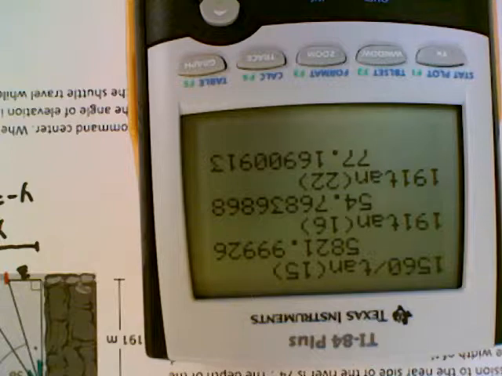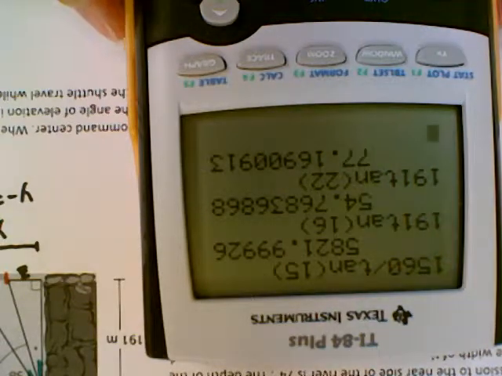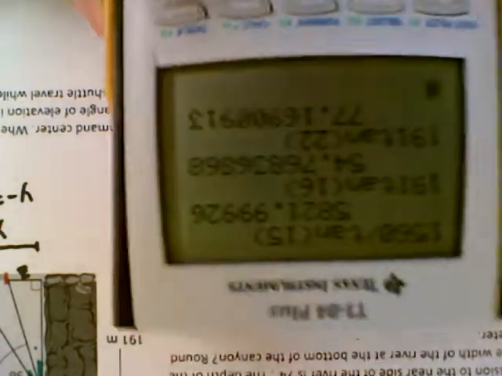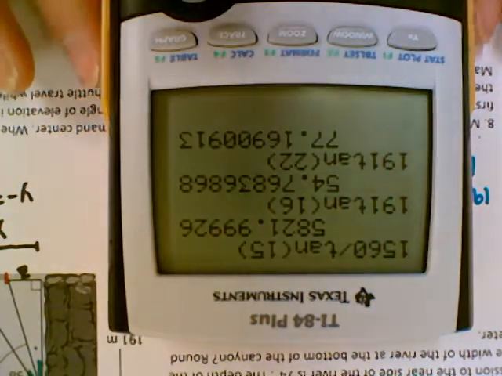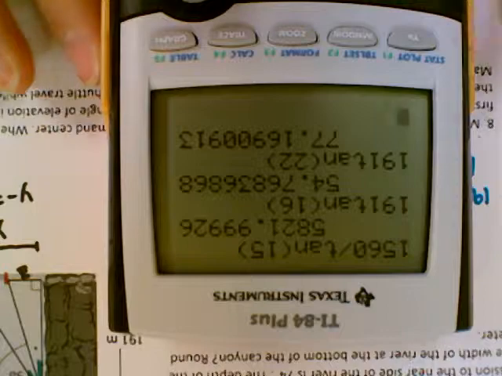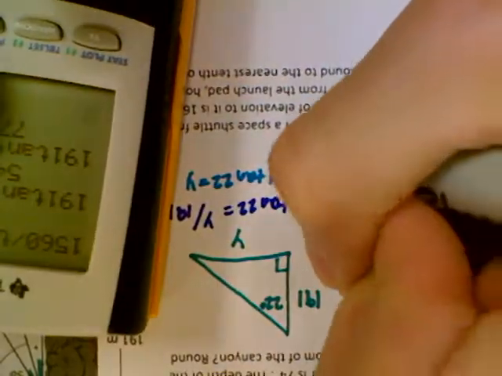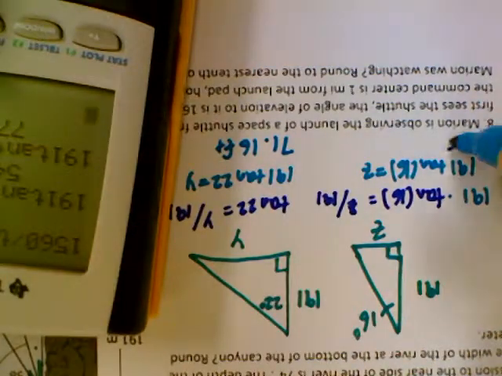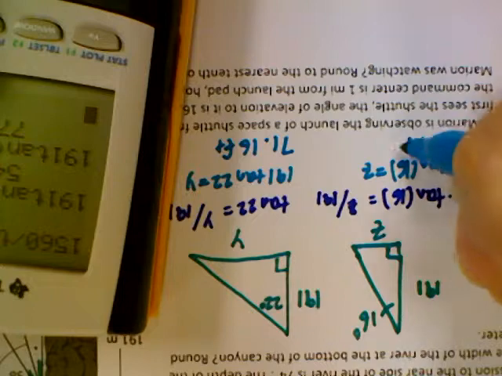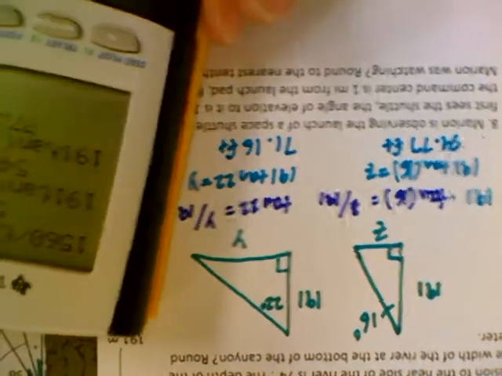It says to round to the nearest tenth of a meter, so in the middle of the question, I should go to the nearest hundredth. So I've got 71.16 for one of these, which is the longer one, and that's feet. And then I've got 54.77 feet here. So when I subtract those,